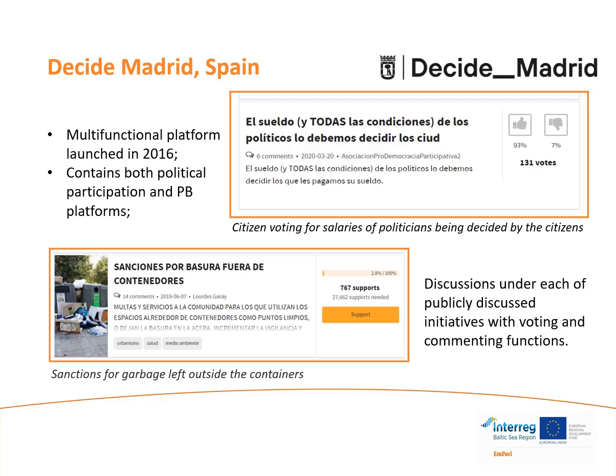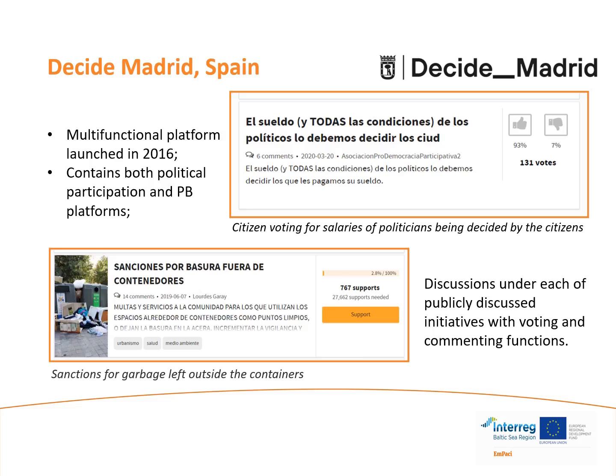As a participatory budgeting platform launched in 2016, Decide Madrid contains both e-participation and participatory budgeting platforms integrated in one. Here in this model, citizens can develop public discussions on each creative initiative, as well as initiate their own forums.